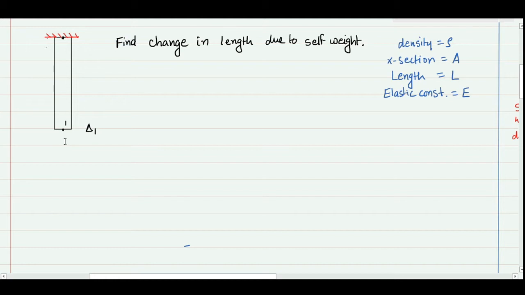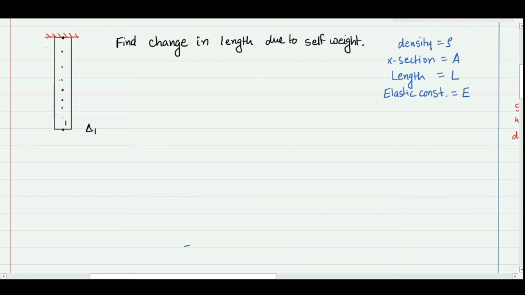Instead of the external force, the bar is having extension because of its own weight. So if I look at different locations in the bar, each location is going to be subject to a different force. Previously, when we were having an external force here, the load was constant throughout the beam, but here whatever force is experienced by the topmost point will be different than the force experienced by the lowermost point.